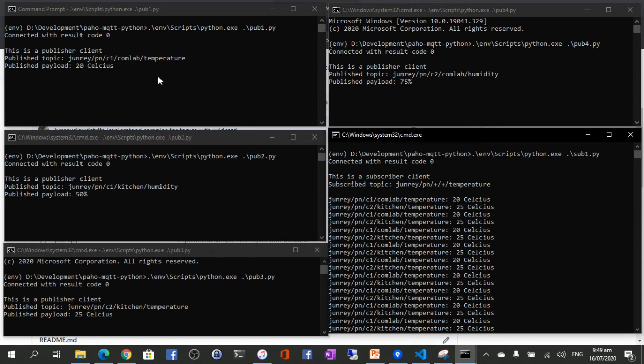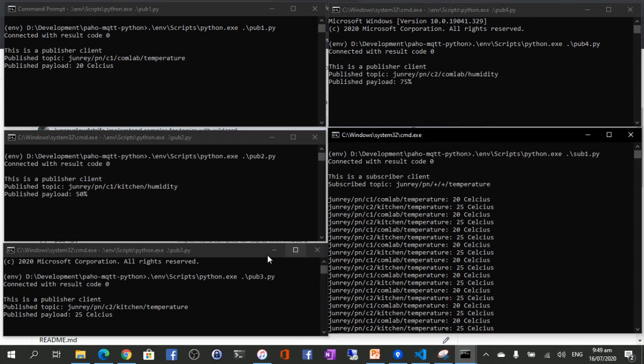Now, what if I would want to subscribe to kitchen only? So the kitchen is this one, the second publisher and the third publisher. We both have kitchens here.